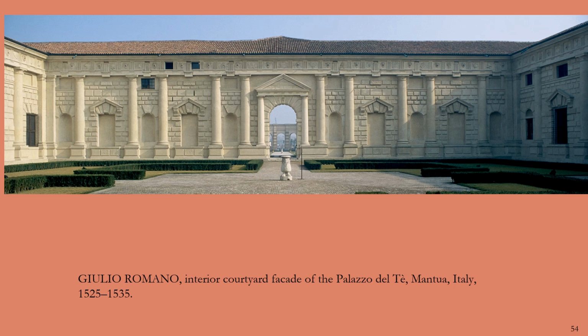This is an interior courtyard of the Palazzo del Te. This is in Mantua. The important thing about this is the experimentalism that Romano, the architect, is having here. You'll notice that in this courtyard, we have these typical Greek triangular pediments alternating with these Roman-style arches. But there's a lot of fun that he's having here, playing with deep shadow and more shallow depth. But the weirdness really comes in these, what's called a triglyph,